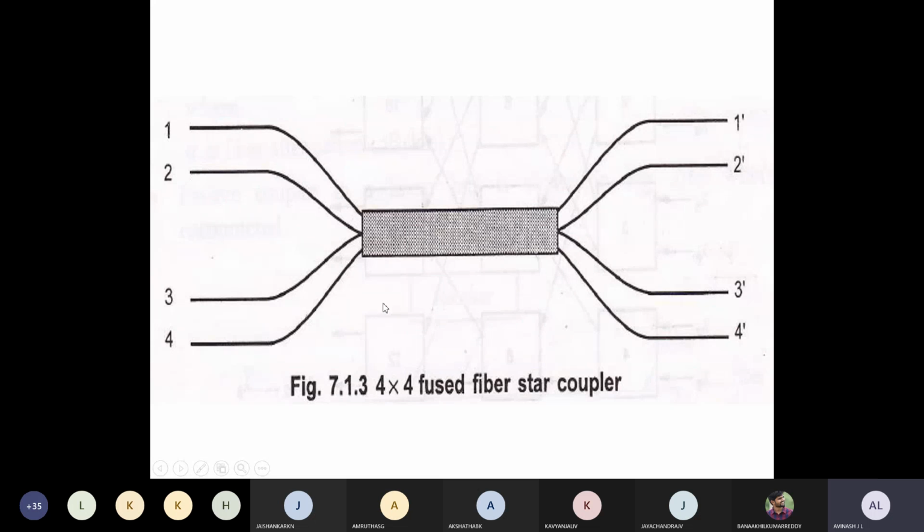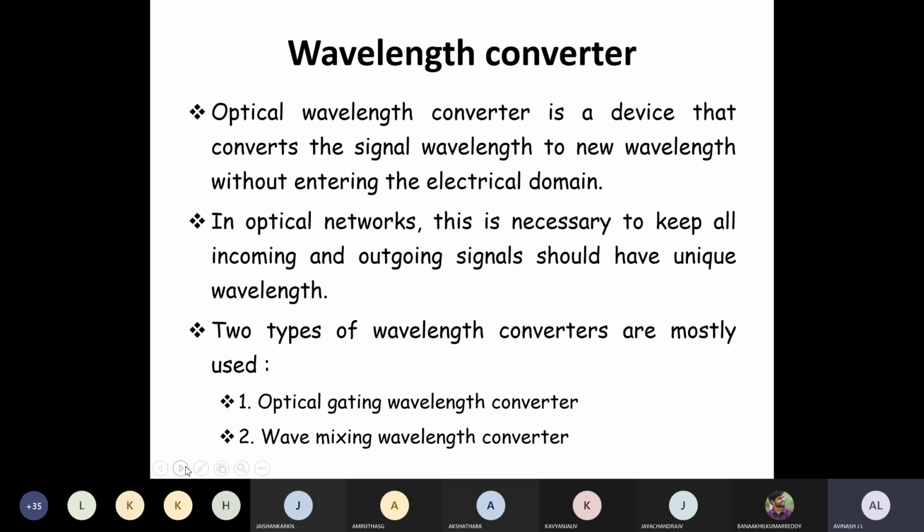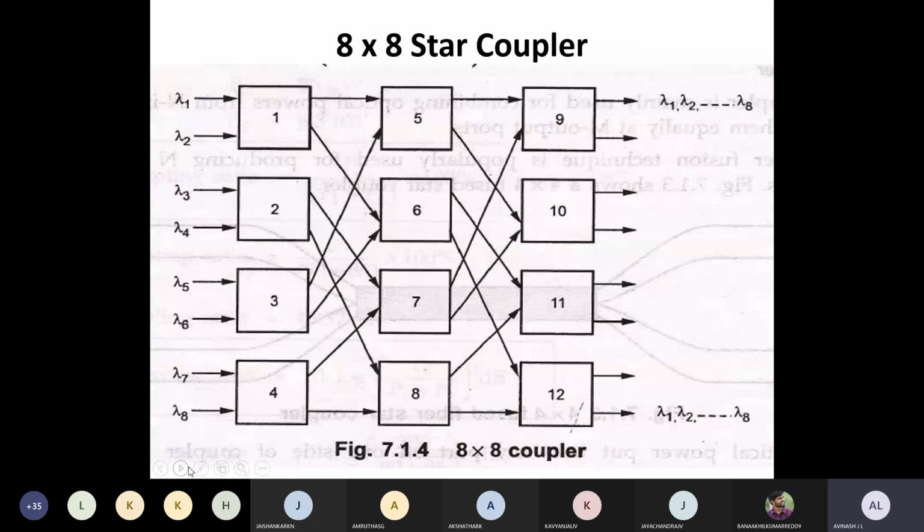When you are going for the star coupler, it is a very important thing because it plays a major role. It seems to be a fundamental thing. You can see 1, 2, 3, 4. That means n number of inputs and n number of outputs will be there. Here one thing we need to understand is that in the star coupler, whatever input we feed, the output will be divided equally in all 4 ports. That is exactly the thing. And for that star coupler, what are the different kinds of equations that will come? Then the wavelength converter, how does it happen?